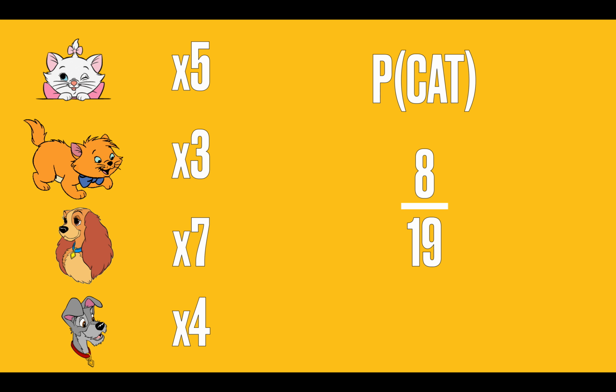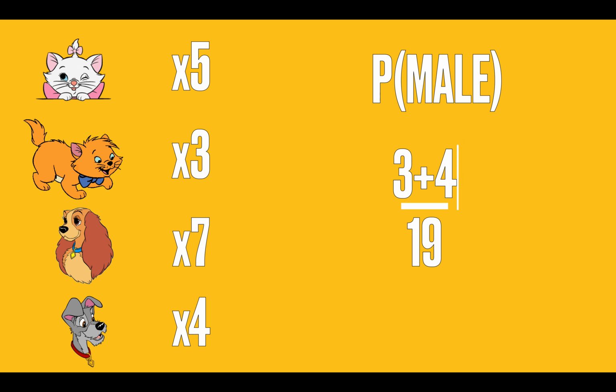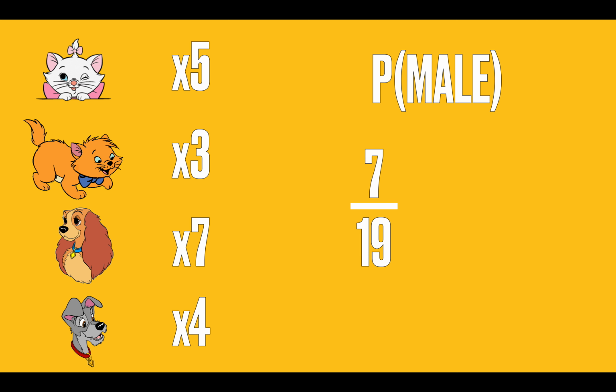But let's say that we weren't worried about it being a cat. What are the odds that we get a male? Well, there are 3 male cats and 4 male dogs, so we would say 3 plus 4, or 7 out of 19. But what if we said we wanted to have a cat